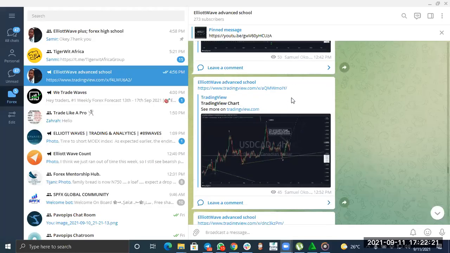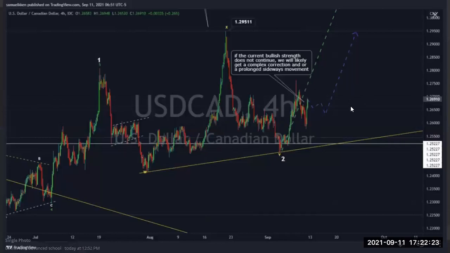Let me go to 4 hours. Okay, as I said, what you saw on the daily chart is this. Here is wave 1, and this is WXY, which is a running flat. Then what I'm trying to say is that this very move is impulsive. So in my assumption, this buying will continue after some little correction. It will then continue, and after that,